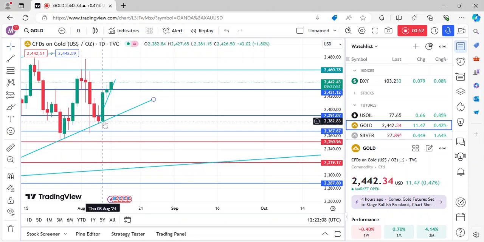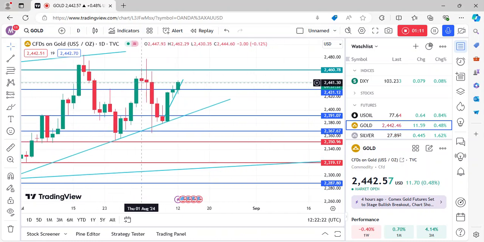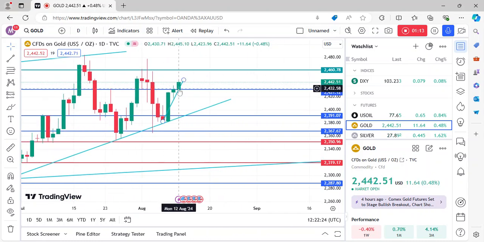And on Thursday, gold started moving up. So as you can see over here, today is Monday and gold managed to break the resistance zone over here. And as you can see, where price is currently at now. So what I'm seeing on gold now is,